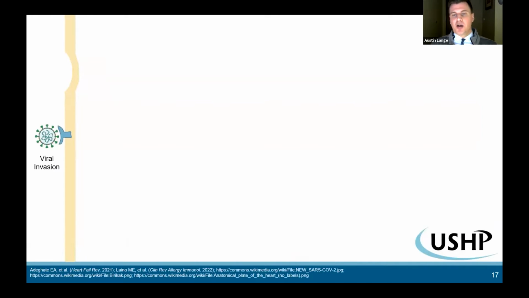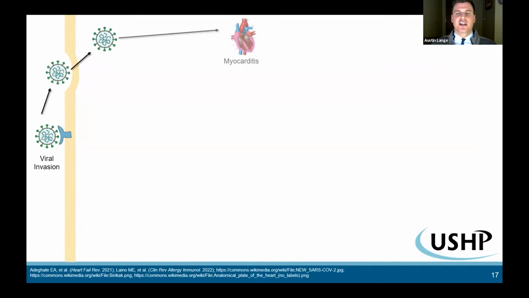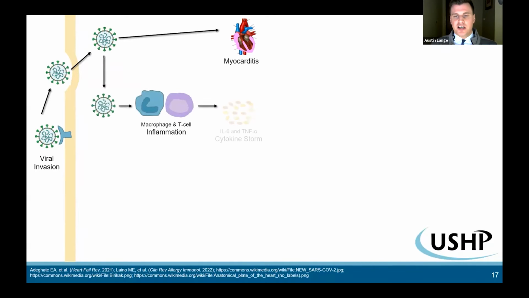This slide here will help depict how COVID-19 impacts cardiovascular health. The virus enters the body, as we just talked about, and it can cause direct myocarditis or heart inflammation. And presence of the virus itself initiates the immune response, increasing macrophages and T cells, the inflammatory response, also a cytokine storm with increased levels of interleukin-6 and tumor necrosis factor alpha,